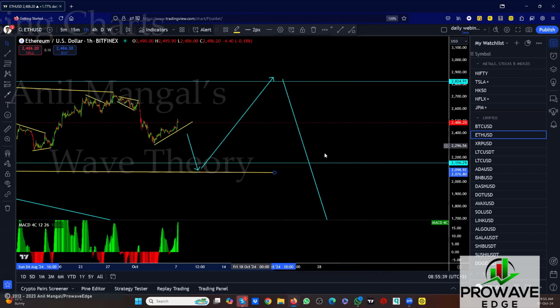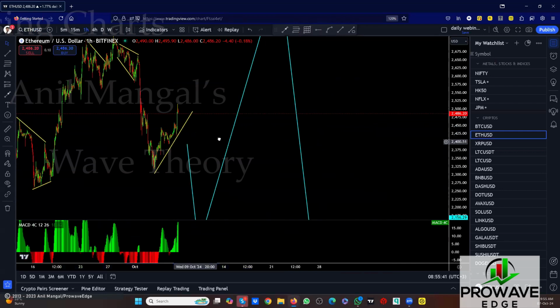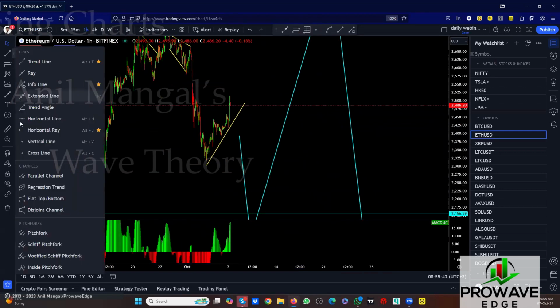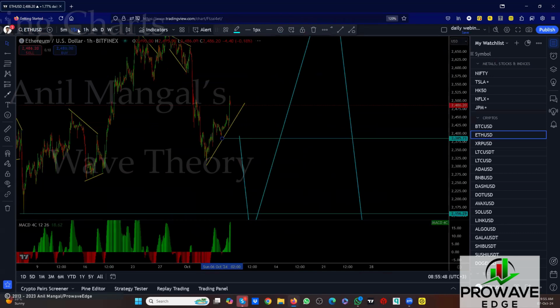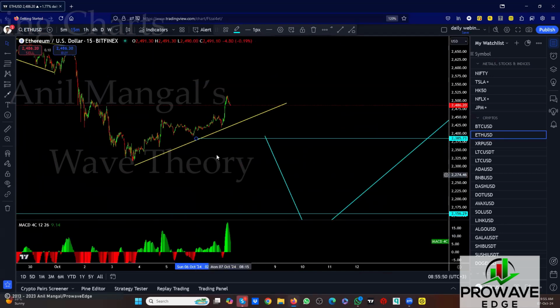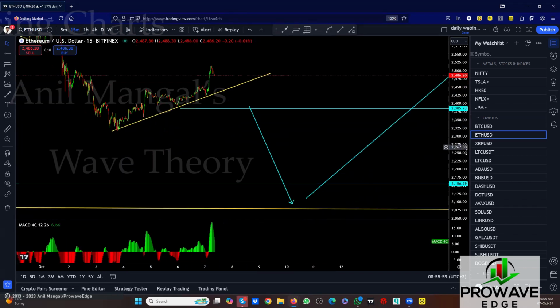You can actually even put an active sell on it. It doesn't matter whether it goes or not. You can put an entry for the sell here, and only if it breaks that level, then you get a sell, right? That is if it drops really fast. You don't want to go in here. This is a smaller one. This is the big one, right? If it comes down here, make a flag, you sell the flag.